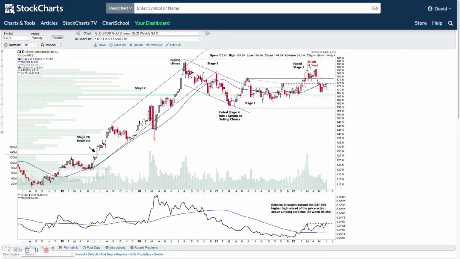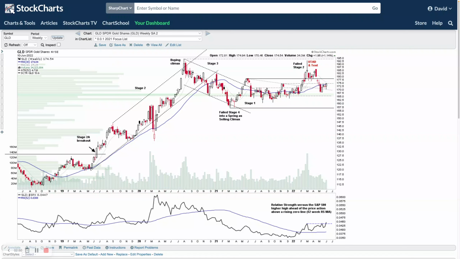At the moment, we're potentially still stuck in stage 3. We were building a stage 1 base, but after the stage 2 breakout, it rolled over and formed an upthrust after distribution and a test, and pulled back into the range. So it potentially reverted, this current range that we're in at the moment, the major stage 1 base that we've been forming for a while now, back into potentially stage 3 after